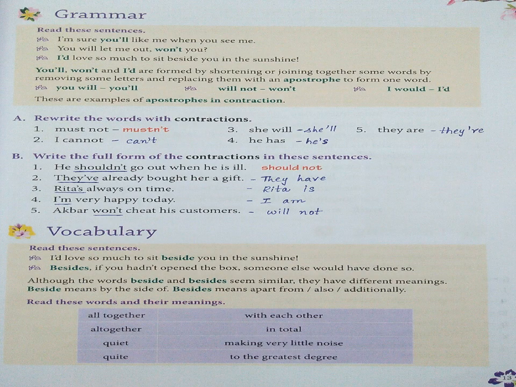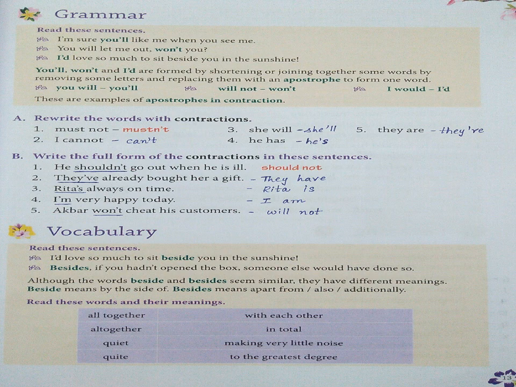Now this is page number 13 of your textbook, children, which is the grammar part we have learned just now. That is about contractions. Now you have A bit and B bit in it. You need to change, in the A bit, the words into contracted forms, and in the B bit you need to change the contracted forms to full forms. Now first, A bit. Must not is changed to mustn't. So M-U-S-T-N apostrophe T. What is removed over there? O is removed. In place of O, an apostrophe is placed.